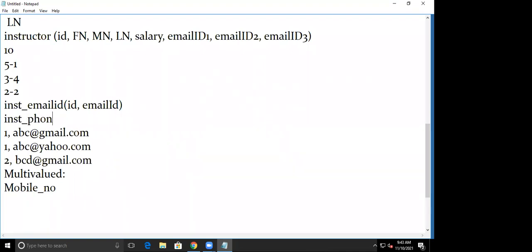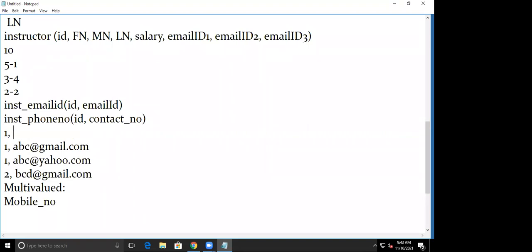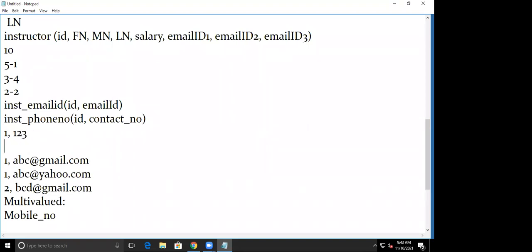Consider phone number. If an instructor is having more than one phone number, then here I will use contact number. So if there are multiple contact numbers, consider for instructor 1 I'm having 1, 2, 3, this has one contact number.